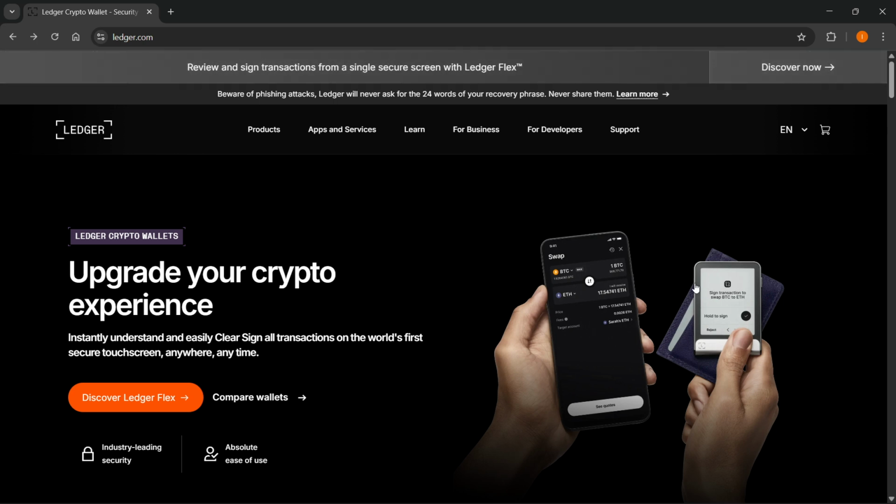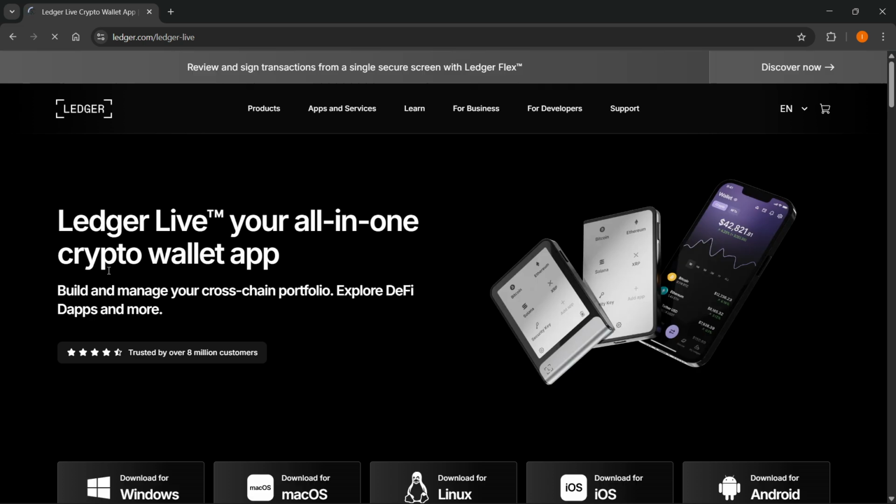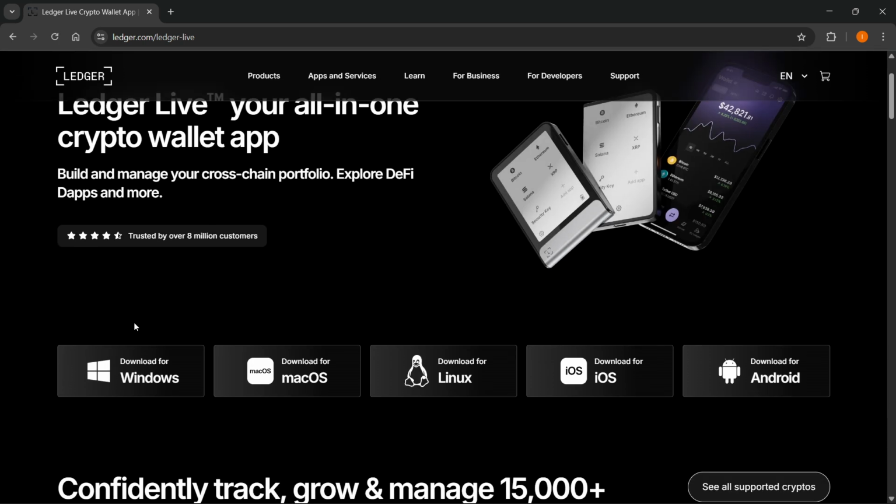So, once you are on their website, you want to hover over Apps and Services, and here it says Ledger Live. Simply click on that, and it's going to take you to a separate page where you have to select what you actually want to download Ledger Live for. So here you can select any of your operating systems. I have Windows, so I'm going to click on download for Windows, and then it's going to download Ledger Live